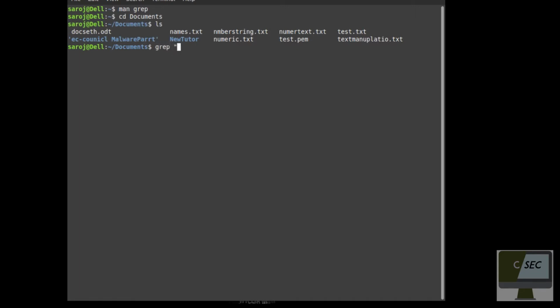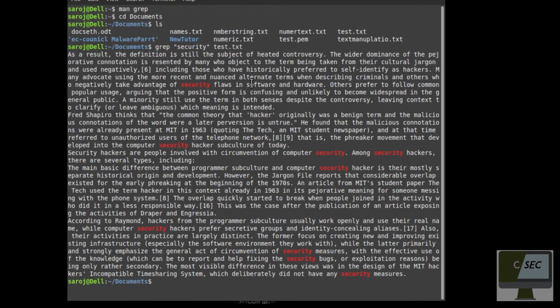For this example, I write security, then our test file. The command simply tells us to search for the given string, which in our case is security, in our file which is test.txt. So it will print out those lines which have security in their sentences. The command has utilized the fixed string search.